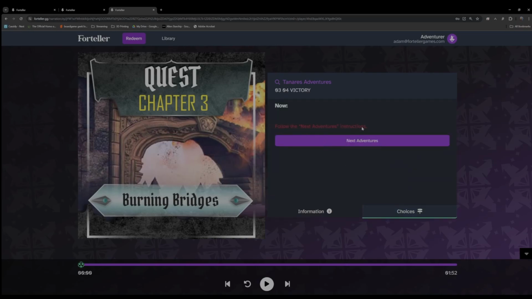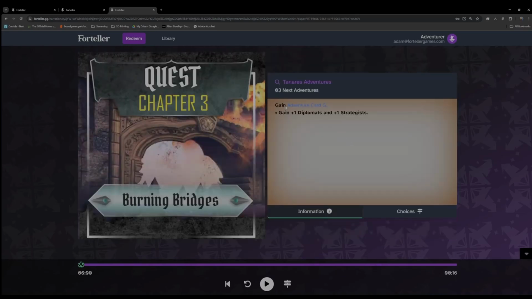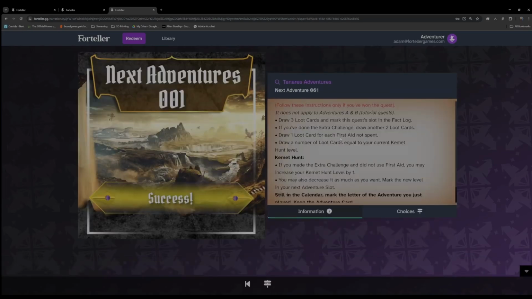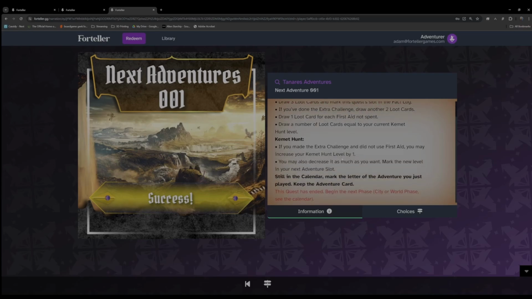And now next adventures, that's always the final section of any quest that you play. And you will click next adventures. It'll tell you what things you get: gain adventures, strategist, adventure G. And then if you lost, you go to page 4 in the book, which tells you all the steps for getting the rewards for losing. If you won, it's in the adventure book, and you click that, and it takes you to the next adventure section,